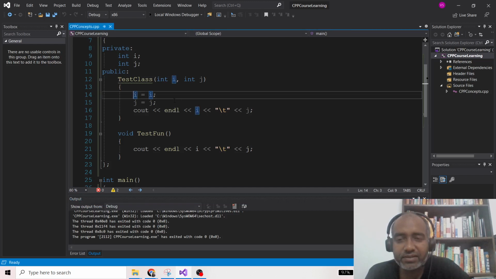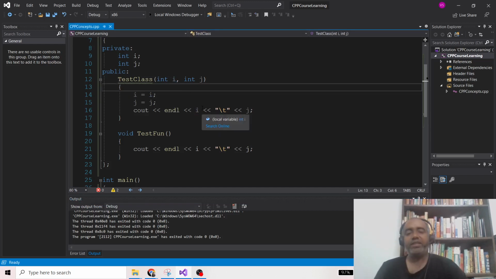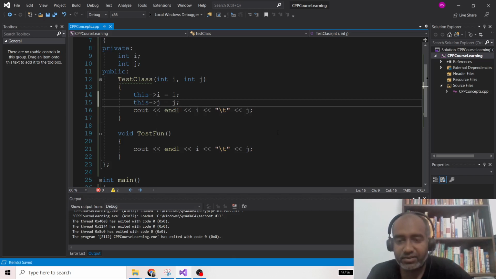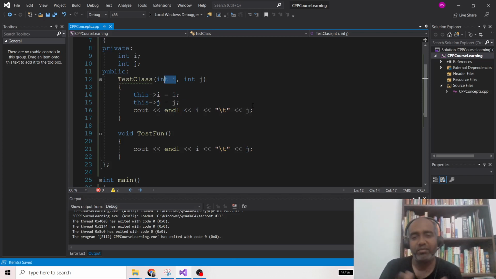So the answer is very simple. You know that every object has a this pointer. This pointer is always there inside the class, available for the object, and you can access it. So this->i is equal to i and this->j is equal to j. If there is any situation where keeping the name of the variable the same is required to keep the readability of the code intact,